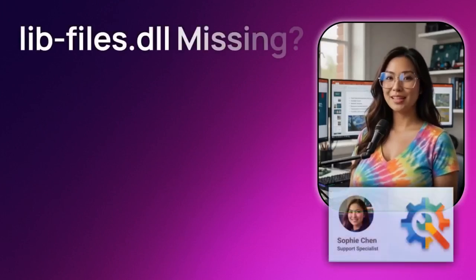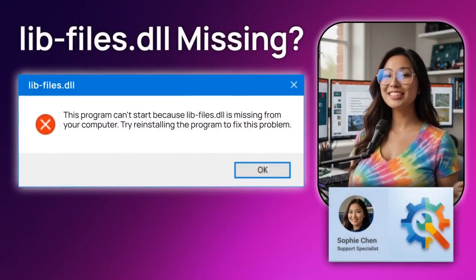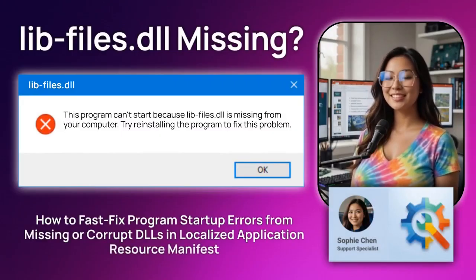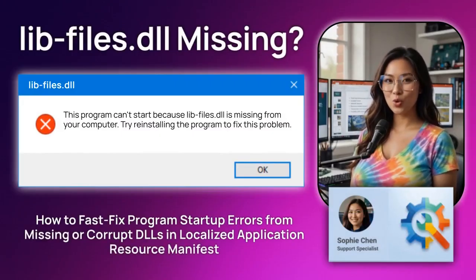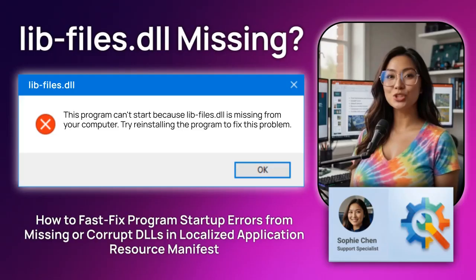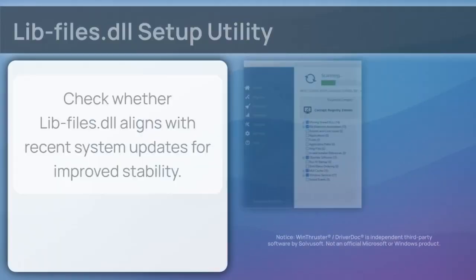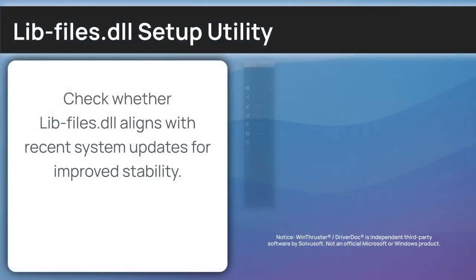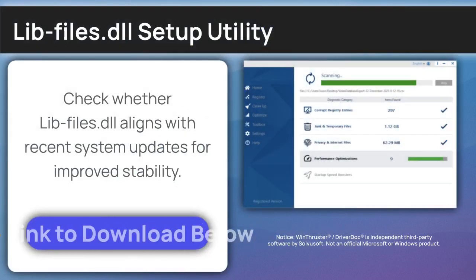Are you being annoyed by the Lib-files module DLL error causing system instability? I'm Sophie Chen, a senior Windows support engineer, and I'll walk you through the diagnostic steps to fix your execution path. As we prepare to resolve Lib-files module, consider using the diagnostic path below to ensure a stable environment for